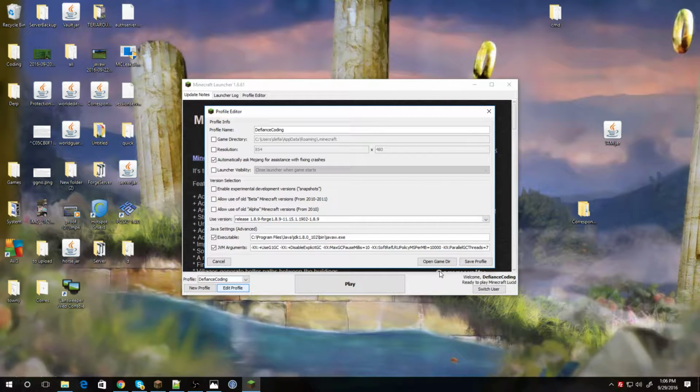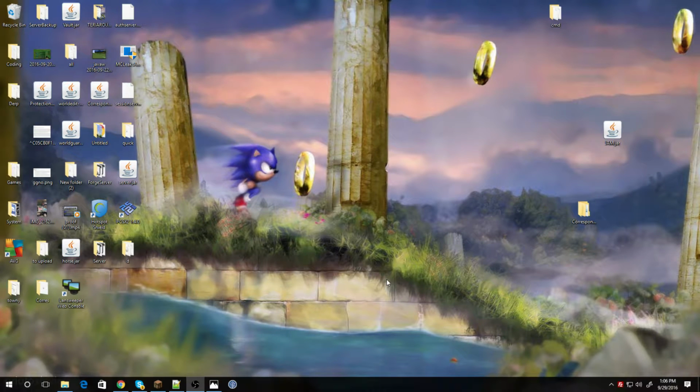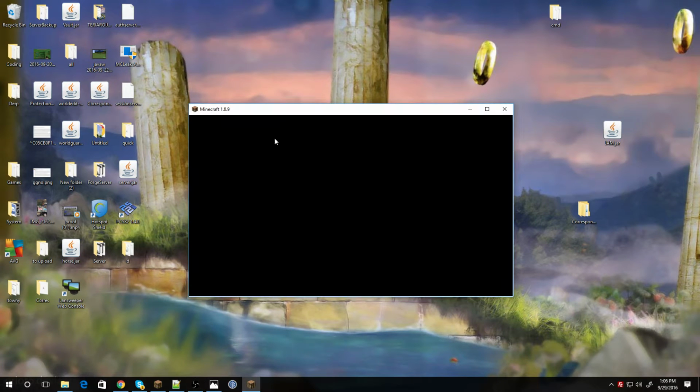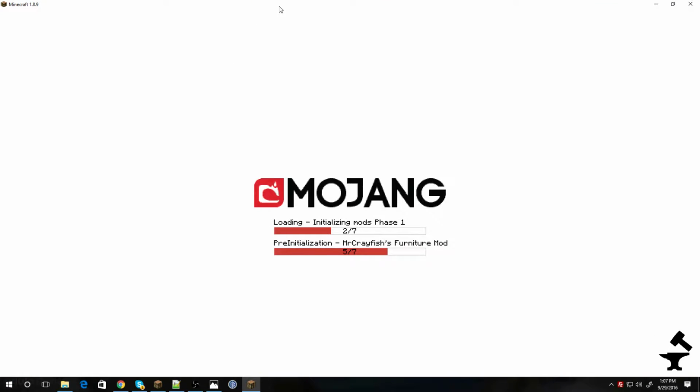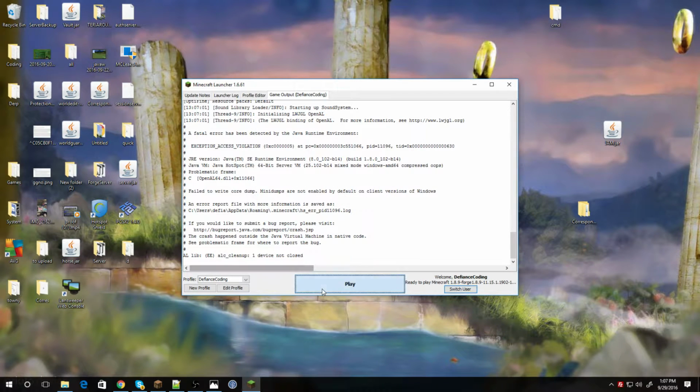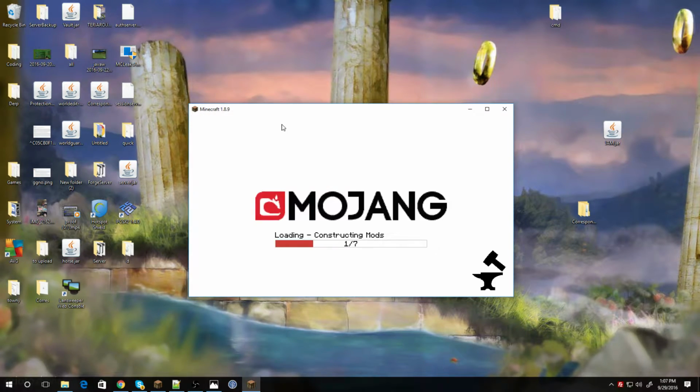So let's go ahead and launch our Forge Minecraft just to get a detail that we need, so you don't have to run any excessive commands on your computer or something you don't know about. And due to recording Minecraft, my recording software does limit my FPS down to a standard, which it does for any recording software, so there's no real getting around that. So just to put that out there,